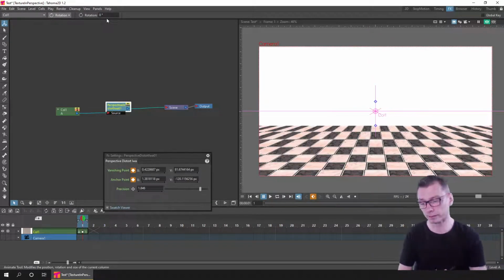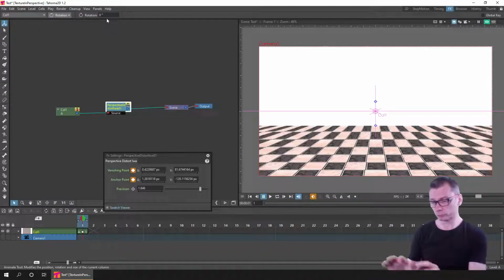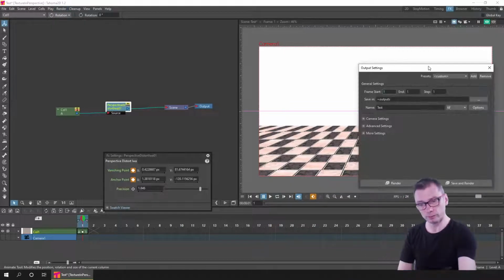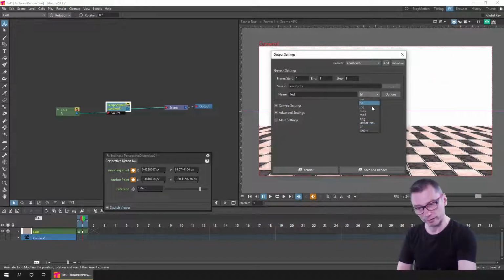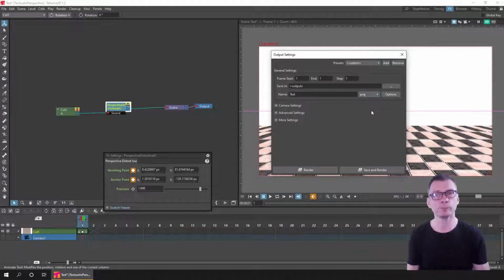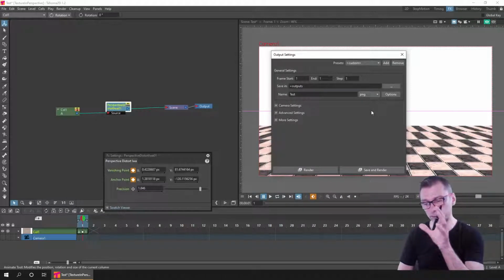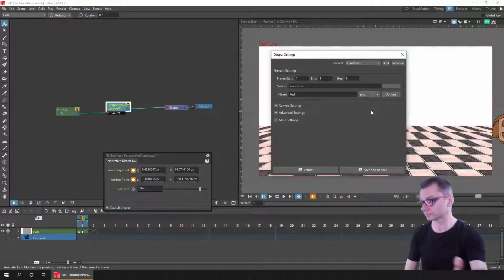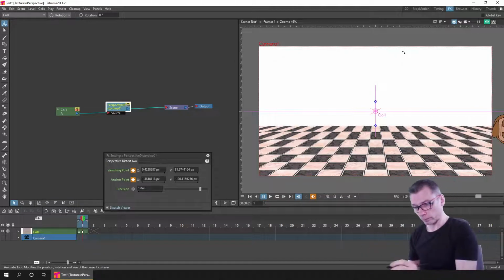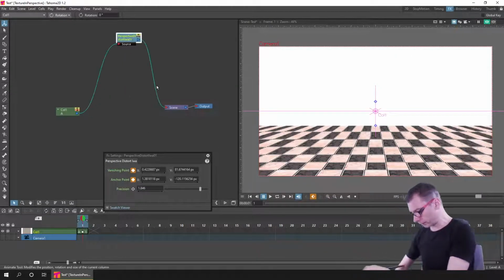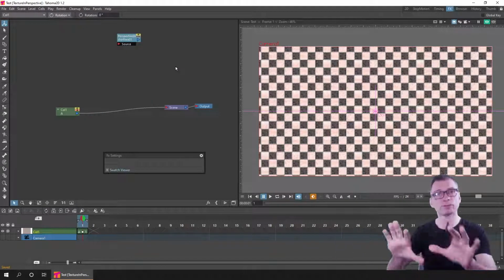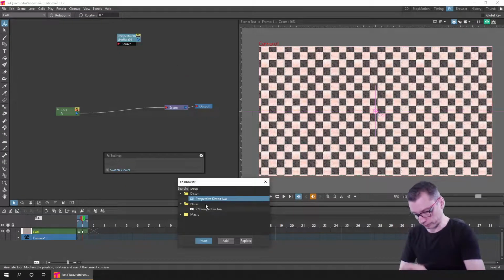So there's a couple of ways you can handle this. One, which is the easiest way, you could create your effect on the floor, render it out from the render menu, output settings, and render this single frame out as an image. I'd recommend PNG, but you can use JPEG or TIFF or any other images in the drop down. Now you've got the texture rendered out as an image, you can import it and just rotate that on the sides. So that's the first way. I'll place that up there, and let's just delete the connection so we've got the standard texture flat on the screen. And the second effect that I wanted to mention